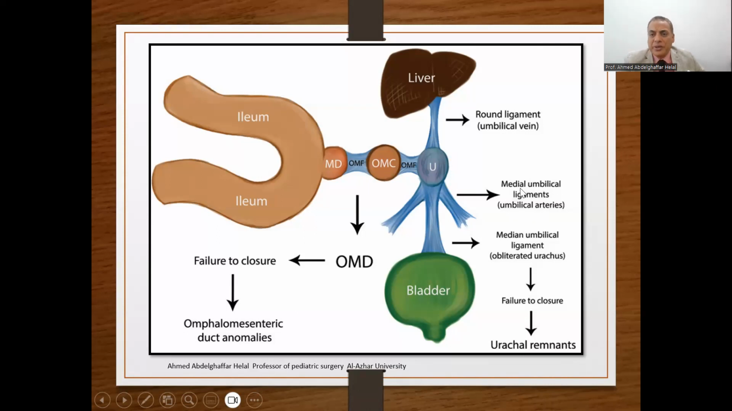You can remember this with medial, all umbilical arteries, and median is represented by the allantois or urachus, so you can remember it very easily. At the end of this presentation, it's very important to understand that